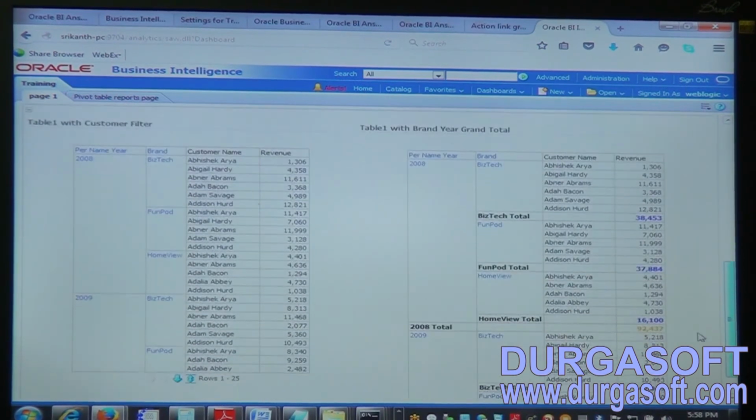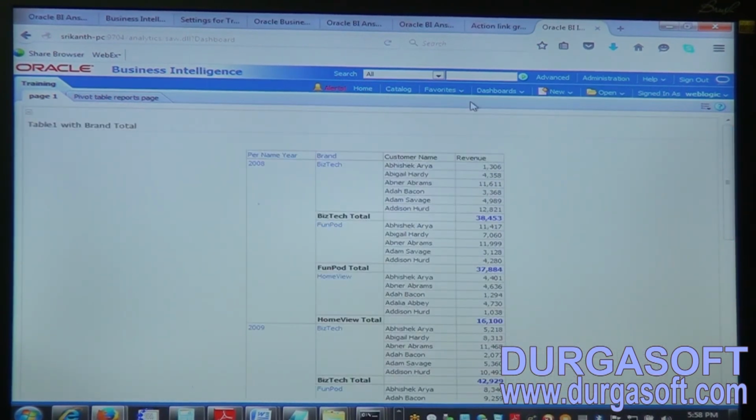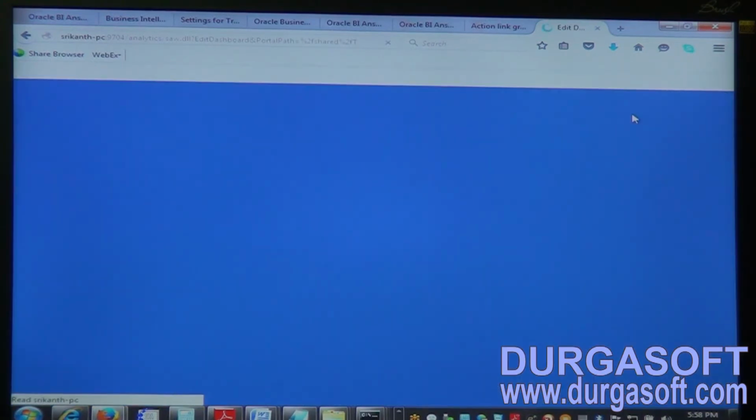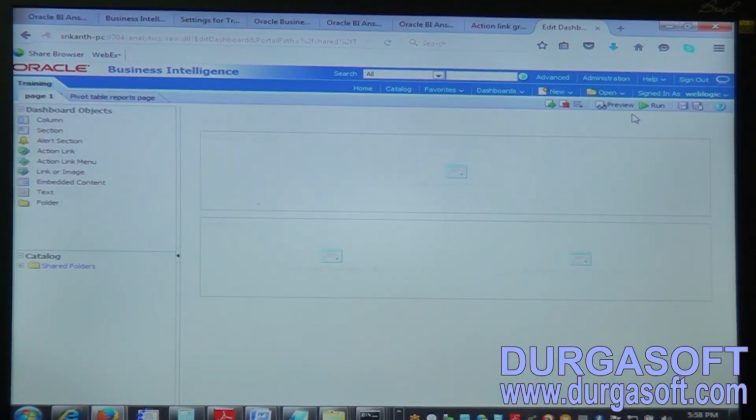How can we change it? For that, on the right side corner there will be a drop down list with edit dashboard. A small hover will be there, and in that we'll click on edit dashboard. Once we click on edit dashboard, we want to edit a page, right? Where we created a page with the plus symbol, just beside that we'll have a small drop down list. Not the delete, just beside the delete we'll have one more option. Yeah, in this tools we'll select dashboard properties.